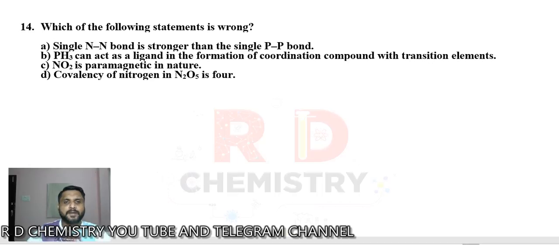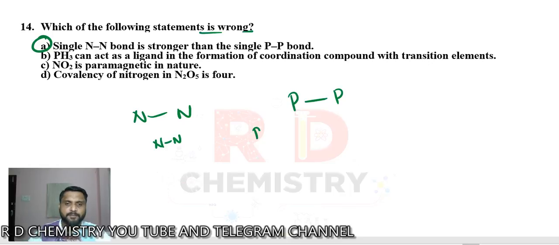Which of the following statements is wrong? See the first one. A single nitrogen-nitrogen bond is stronger compared to a single phosphorus-phosphorus bond, which is a wrong statement. A is the answer actually, because nitrogen atoms are small and very close to each other. Phosphorus is a little bigger in size and has a longer bond length. Now here we have the lone pair, so lone pairs have inter-electron repulsion. Bond length gets elongated, so it forms a weaker bond. In case of phosphorus, the lone pairs are a little away from each other, with less repulsion compared to the first case. So the answer is option number A.